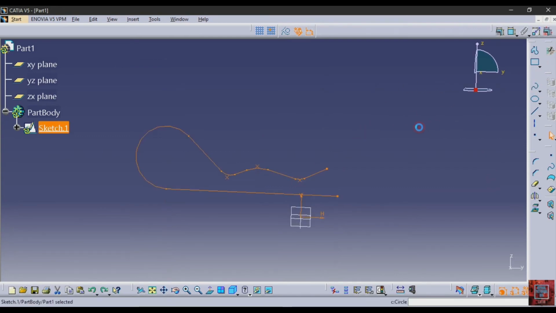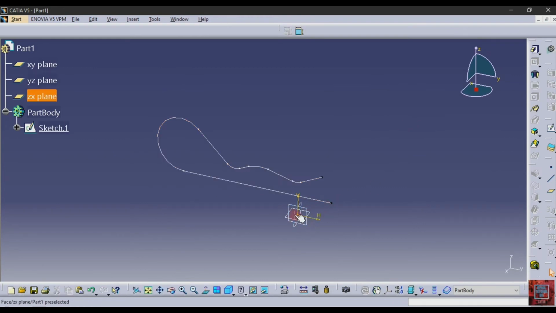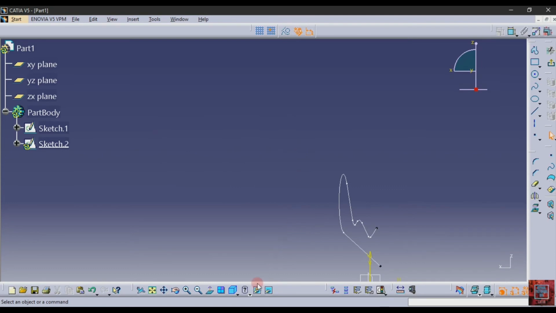After that exit sketch, then select ZX plane sketch, select this point as a, Ctrl Z, exit sketch,